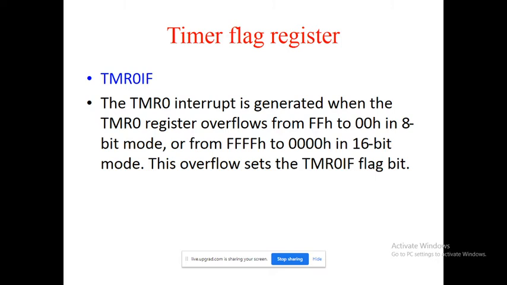For example, suppose in industry your task is to seal a bottle. For sealing the bottle, we want 5 seconds of time. That means we place a 5-second time into the timer, and then we start the timer. The first bottle is placed on a conveyor belt, we start the timer, and after that it will seal that bottle within 5 seconds.